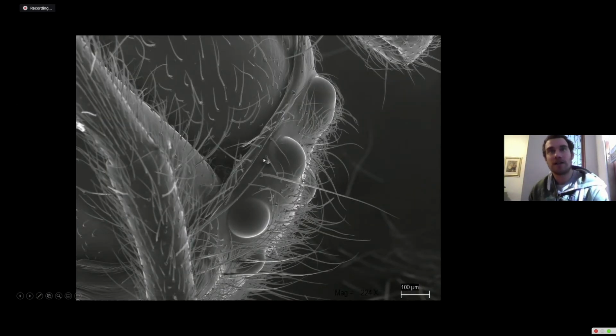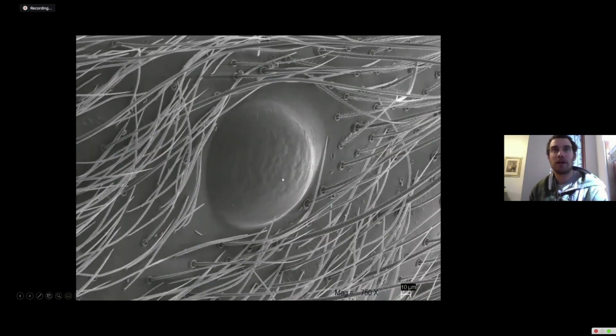And you can start to see how there's different lengths of hairs. And if we go a little bit closer, you can see that some hairs even have lots of bristles. And you can see that there's actually stomata, and this is how air exchange can happen in insects. They don't have lungs like we do, so they have little holes all over their body where they can achieve air exchange. So this is another example of how the scanning electron microscope can give you a different kind of insight